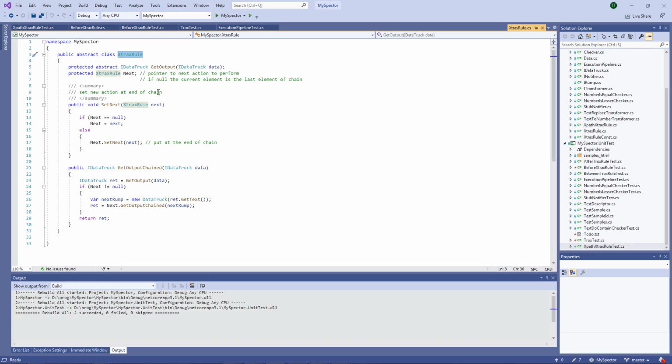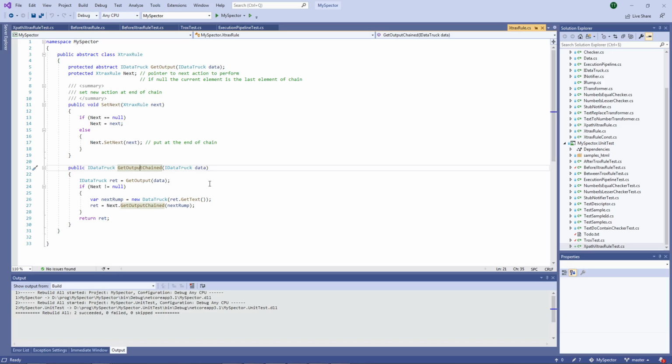You see here the next field, which holds an extracts rule, the set next method, which is in the abstract class, so we do not have to implement it for each of the new classes, and then the get output chained.